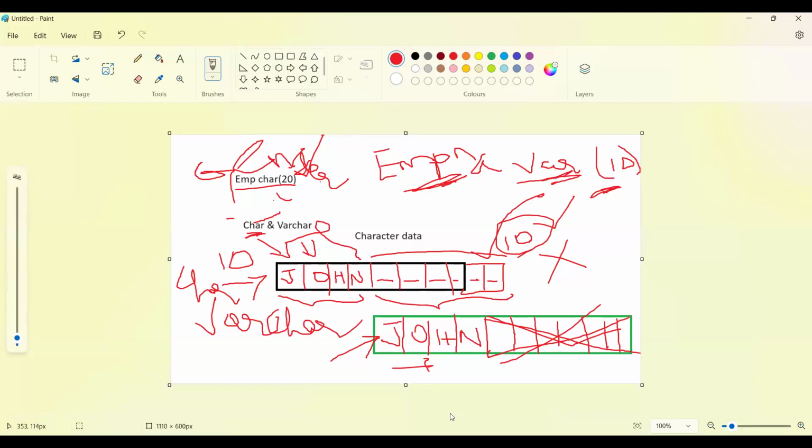We can't decide it clearly, so we would have to define at least 20 or 30 as the size. But then the memory wastage will be huge if we use CHAR. That's the reason we use VARCHAR whenever we are defining names or addresses. Whatever data we are entering, if we are not sure about the length of the data, we will use VARCHAR. Okay. And one more difference is that